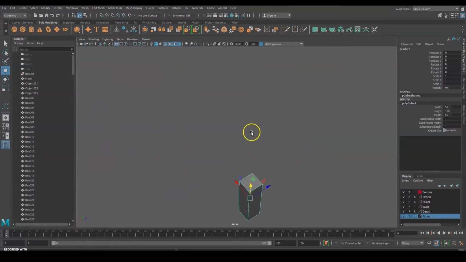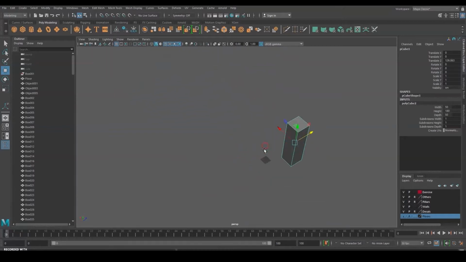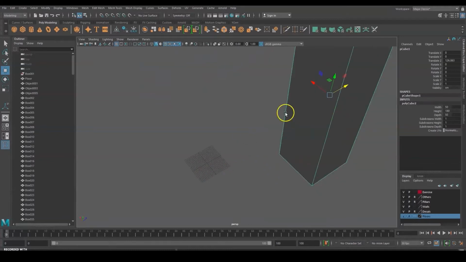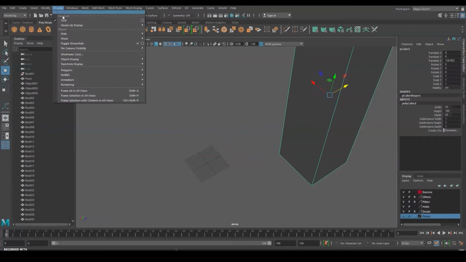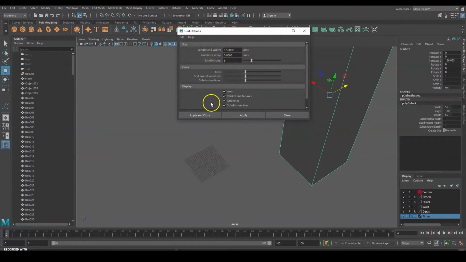Now the next thing you need to look at is the grid that we're using, which is fairly small, because for a great environment we need a bigger grid. In the previous videos and tutorials, we did exercises on a very small grid. So we're going to increase the grid size. Go to display grid under the option here and you'll see the grid option. Now it's pretty small because the maximum is 12 units only. So let's say if we increase it to 100,